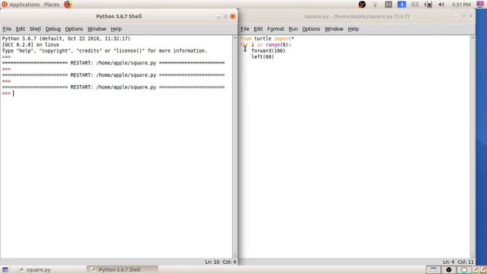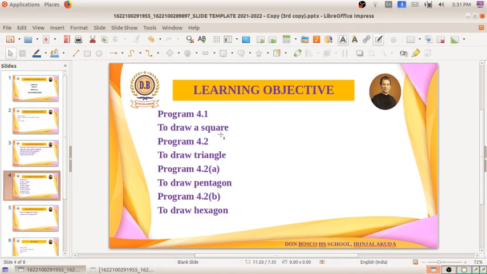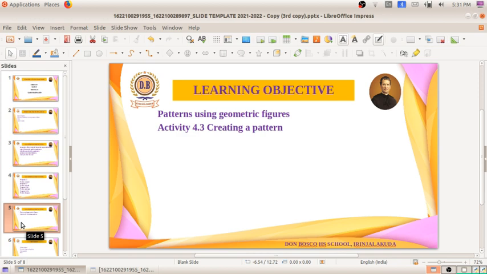We can use the for loop. And the next thing is, after writing the loop, we have to put a tab and write the commands for getting the output. So I hope it is clear to you. So these are all the programs. First we have drawn a square, a rectangle, and also a pentagon and hexagon. So these are the 4 programs, and I hope it is clear.